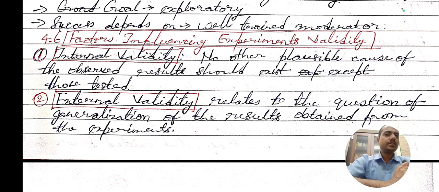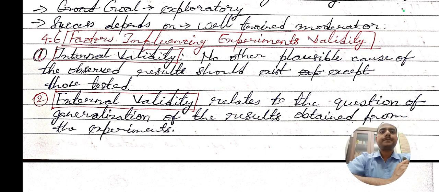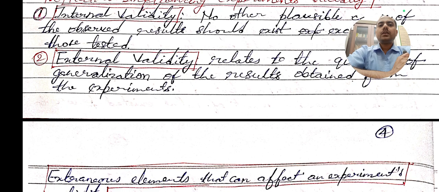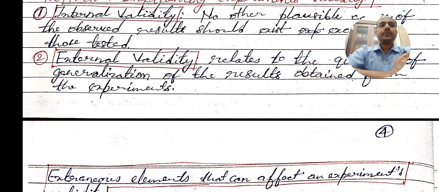So this leads to internal validity, and external validity relates to the question of generalization of the results obtained from the experiments. If the results obtained from the experiments can be generalized, it means it is externally valid. That's here. Then the next thing,